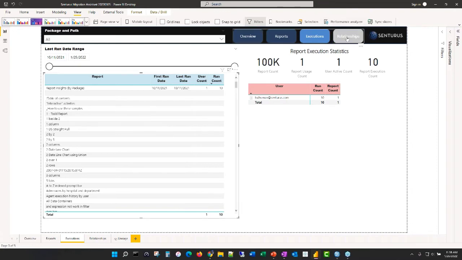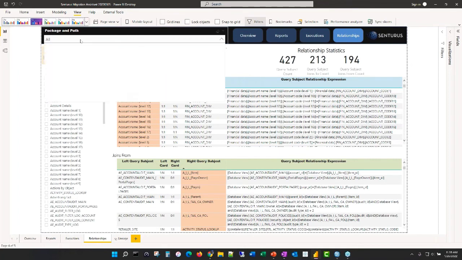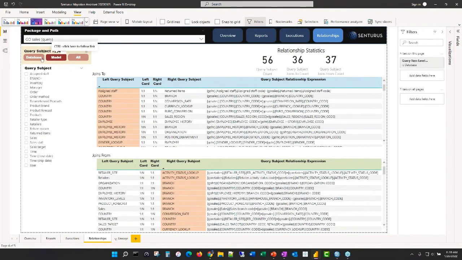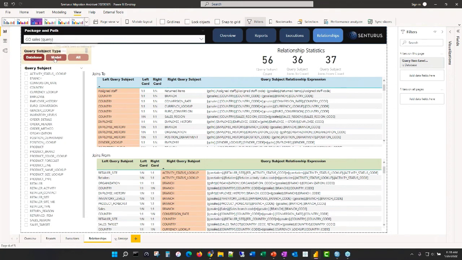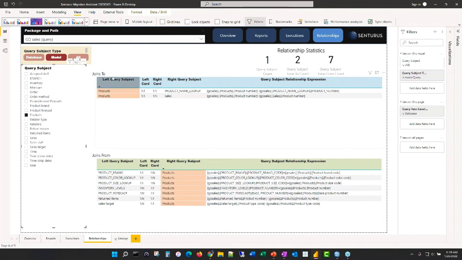And then the last button over here is my relationships tab, where this is really all about that model. And again, remembering that you have these various levels of abstraction, you have the ability to pick your package or packages and focus that information. So I'm going to go back down to my Go Data Warehouse and focus on that. I can see all the important information in here by all objects, or I can focus on the model layer or the database layer. So if I'm looking at the model layer, for example, and I look at products, I can see that products